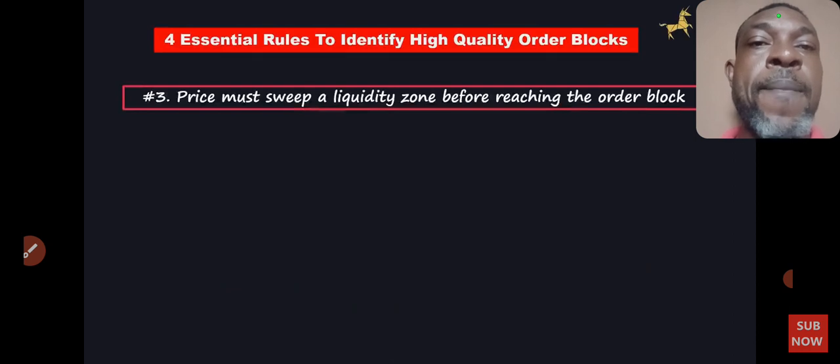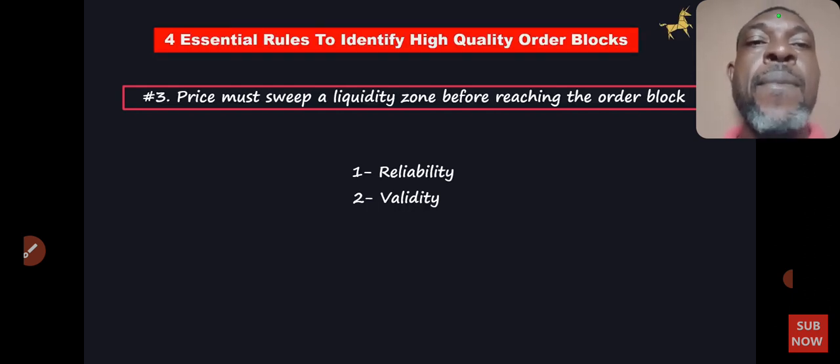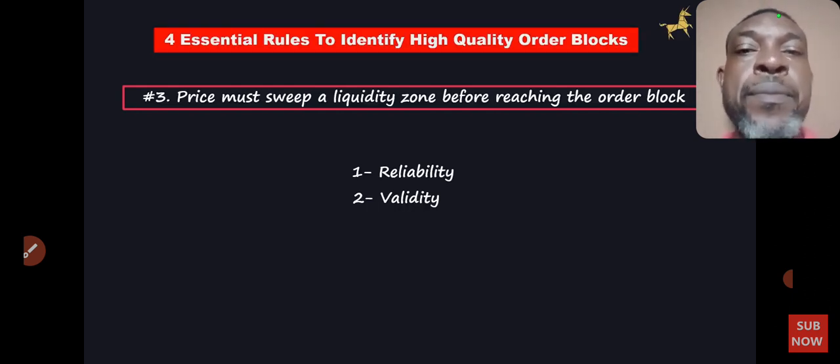Rule number 3, price must sweep a liquidity zone before reaching the order block. By requiring the price to sweep a liquidity zone before reaching the order block, traders can increase the reliability and validity of the order block as a potential turning point or area of interest. This rule ensures that there is sufficient market participation and confirmation of the order block's significance before considering it for